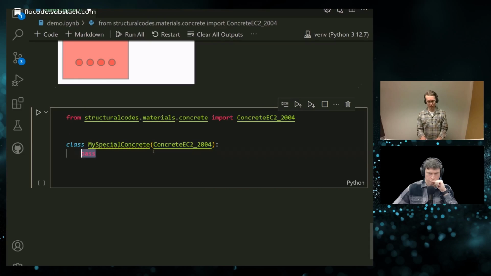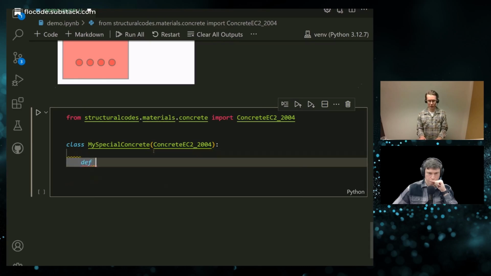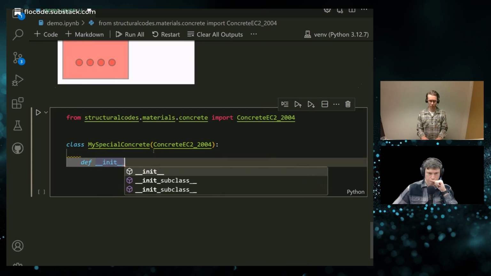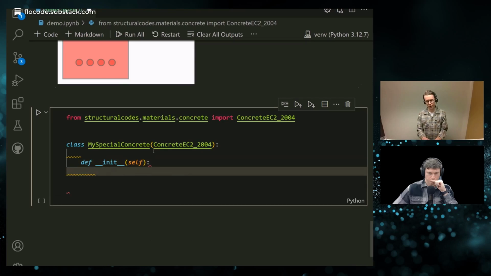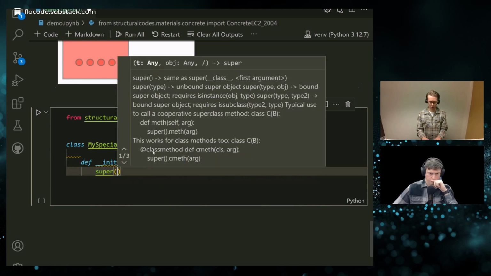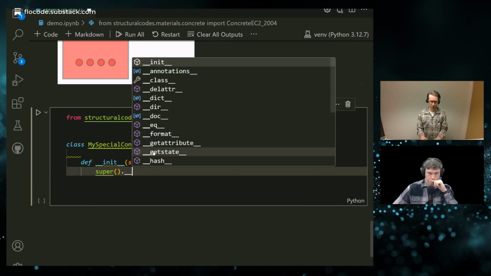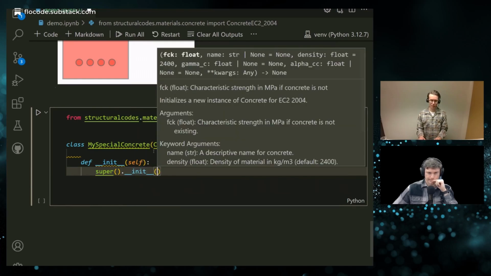We could also do a def __init__ of this one. And in here we could, for example, call the constructor of the base class.